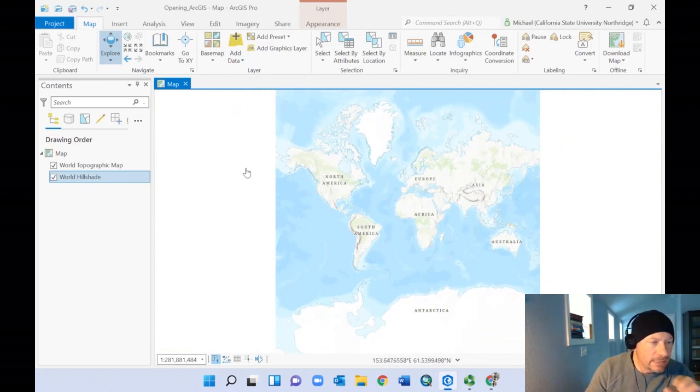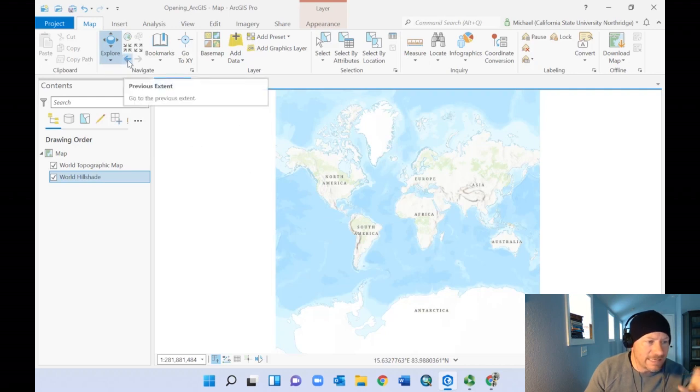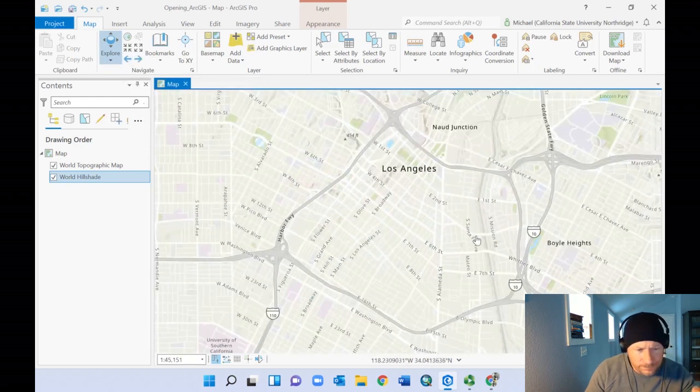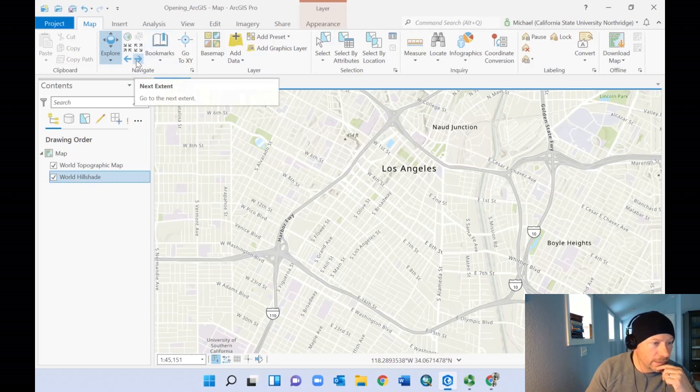All right, so in this case, it's the world. Maybe I didn't realize that. Maybe I went, whoa, wait a second, that's too much. Now I'm lost again. I want to go back to where I was. So this right here, this previous extent arrow, I left click on that. It brings me right back. Okay, and you can see also this go to the next extent would take me back out to the world